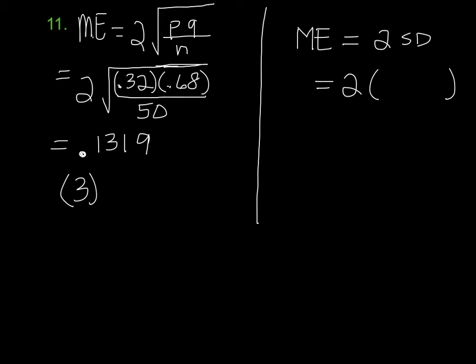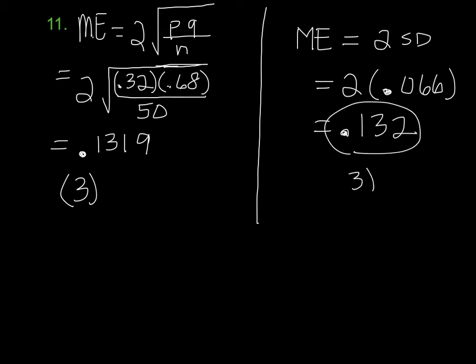It says right now that it's 0.66. That's a typo, it should be 0.066. So if you would make that change on your paper, the third line down in the middle, where it says the standard deviation is, please change that to 0.066. Now, because they give you the standard deviation, it's very simple. All you need to do is multiply that by 2, and you're going to end up with 0.132. And you're done. Again, the answer is choice 3. So I think that's a quicker way to go when you are given the standard